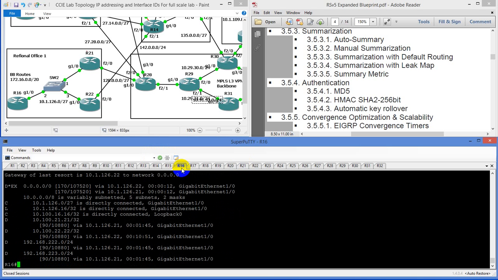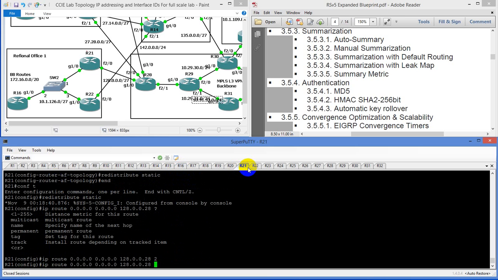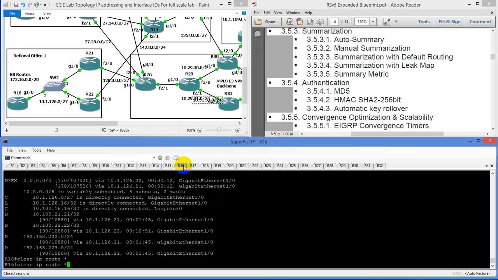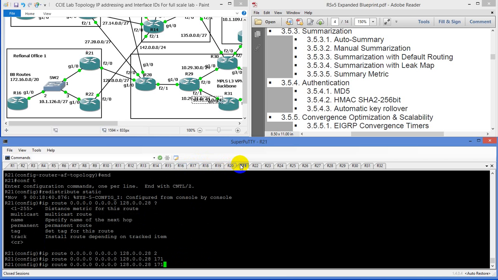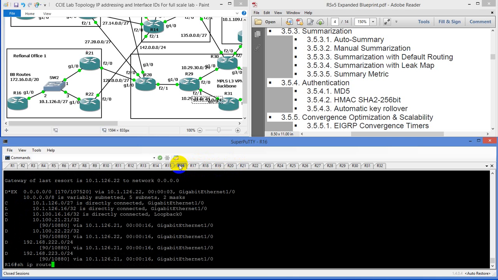Let's do a clear IP route star, because now it's got a higher metric, or a higher administrative distance. Or you know what, it's got to be higher than 170, because 170 is our AD. So on 21 we have to type in an AD of 171, and then we'll go to 16 now. 16 will receive that in, and then it'll pull that out because it's got a higher AD than the other route. So then the same thing would be on 21 if we were to type in, say, 169, and then go to 16 again, and then do the up arrow, and now it's going to be to 22, and then it should eventually,